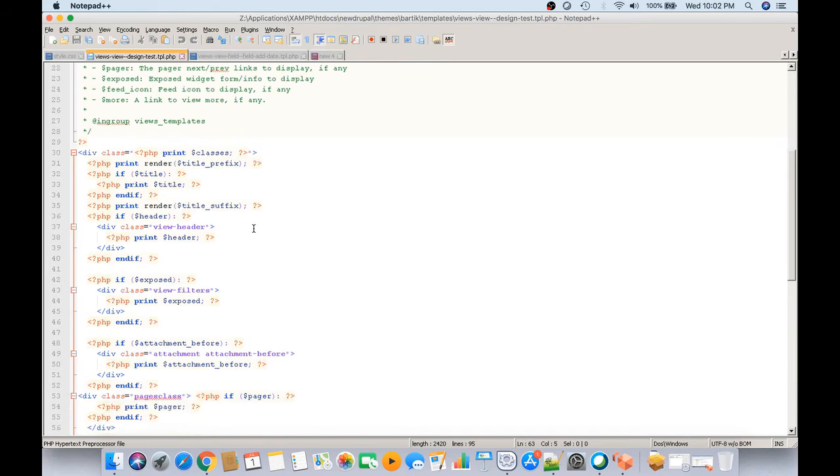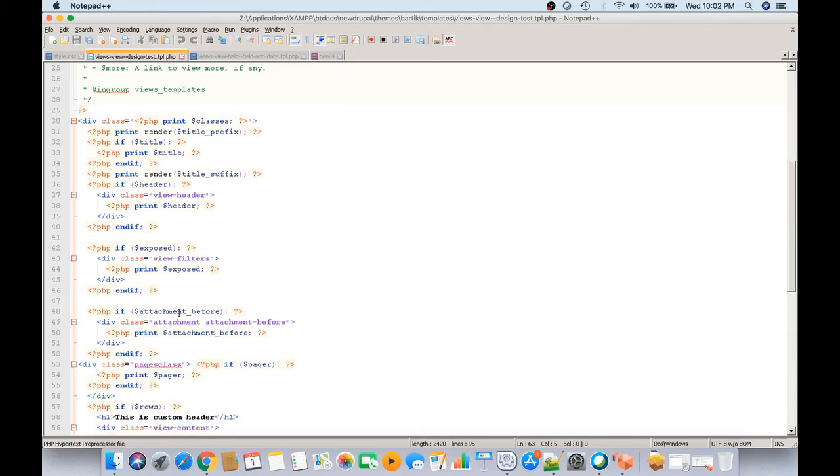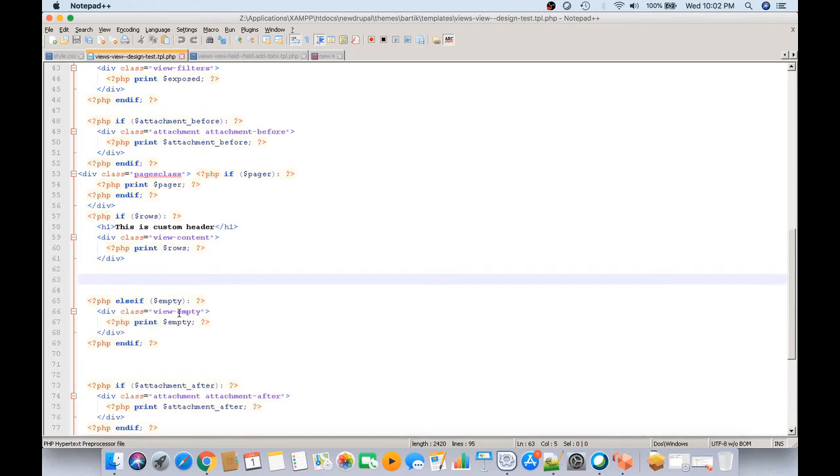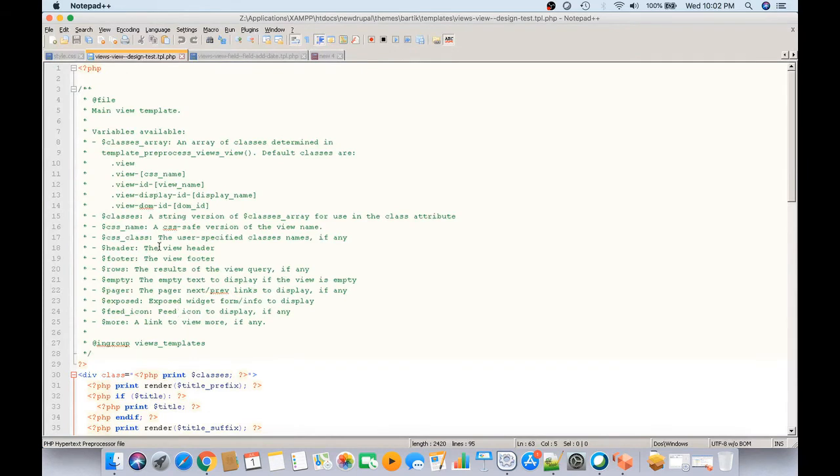Here you can see the entire structure, but if you want to make some drastic changes in the layout, you can do it from here. At the top, it will show you the help text. If you want to make changes based on this variable, you can use that.